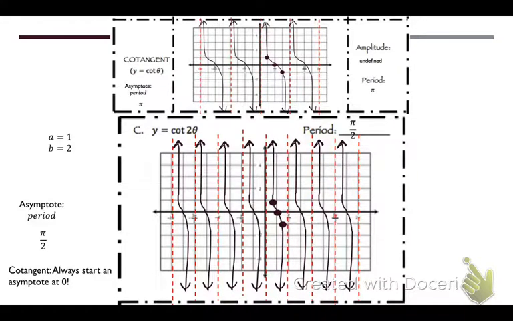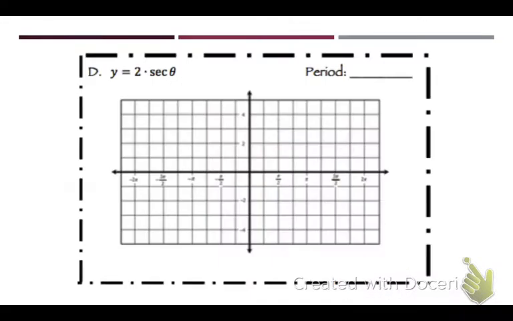Okay? We're just going to do one more example of each of these. So if we have y equals 2 secant of theta. Secant is the opposite of cosine. Let's label our a and our b. A is 2, b is 1. My period here is 2 pi over 1, which is 2 pi. My asymptote is the period divided by 4, so that's going to be 2 pi divided by 4, which is